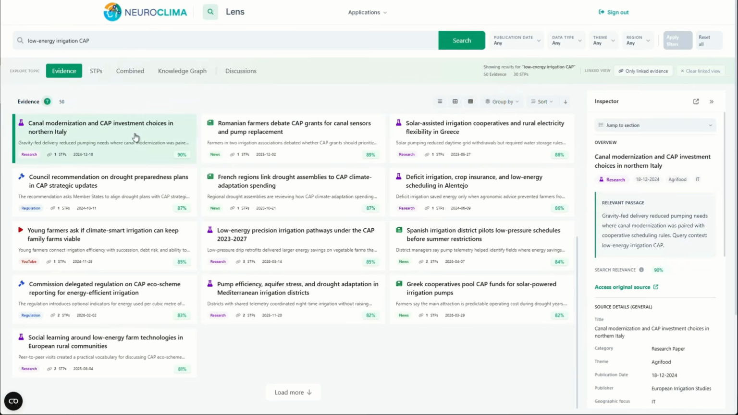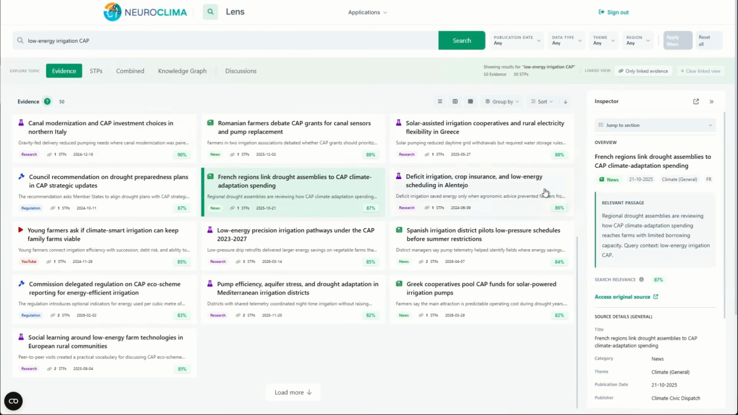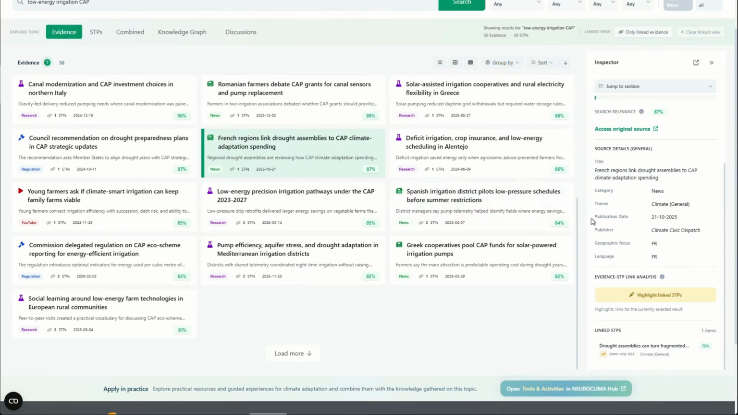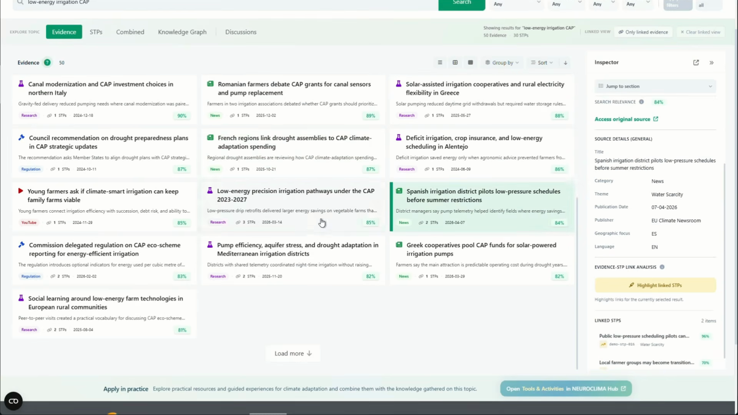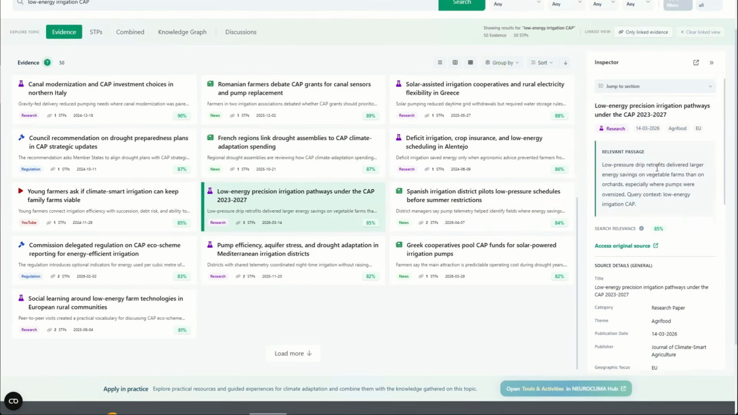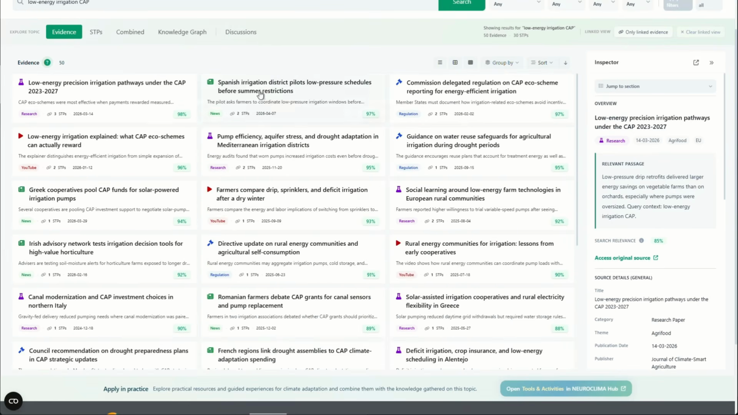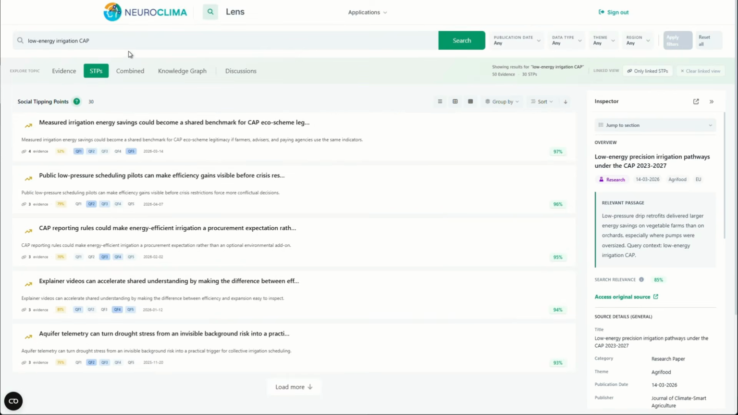Now, we slow down. Before using a result in a story, we inspect the matched passage, its surrounding source context, and the metadata. For a topic like low-energy irrigation under CAP, this helps us separate the most useful passages and source documents. Next, we switch to social tipping points, or STPs, to look for possible social signals around the same